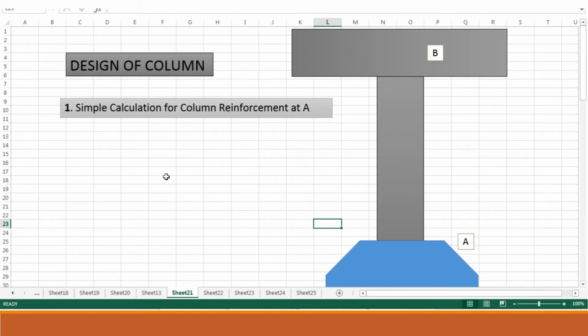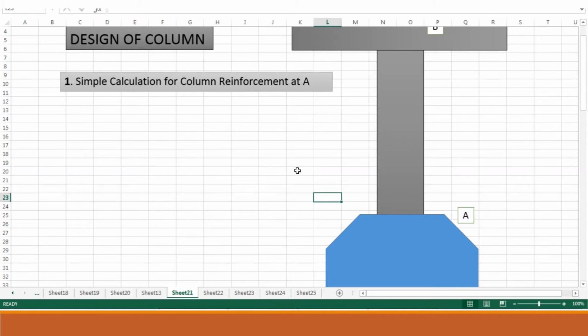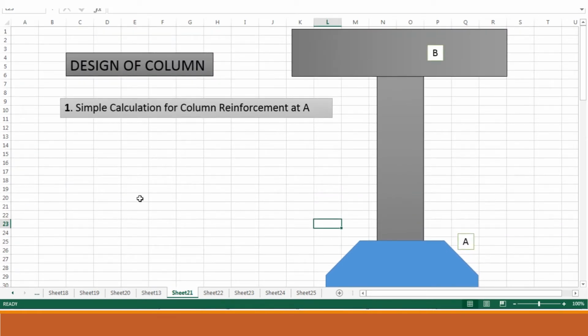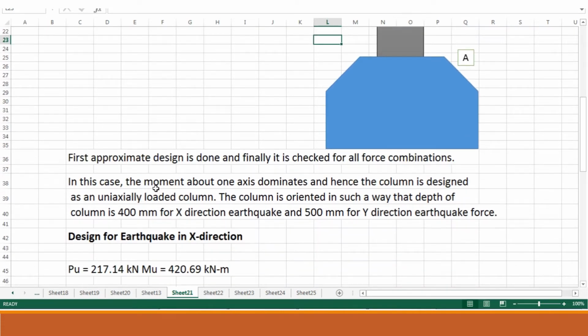Now the first thing we need to do is calculate the forces for column reinforcement at A, which is the bottom end, which is fixed, and B, which has a beam up there. First approximate design is done, and finally it is checked for all force combinations. In this case,